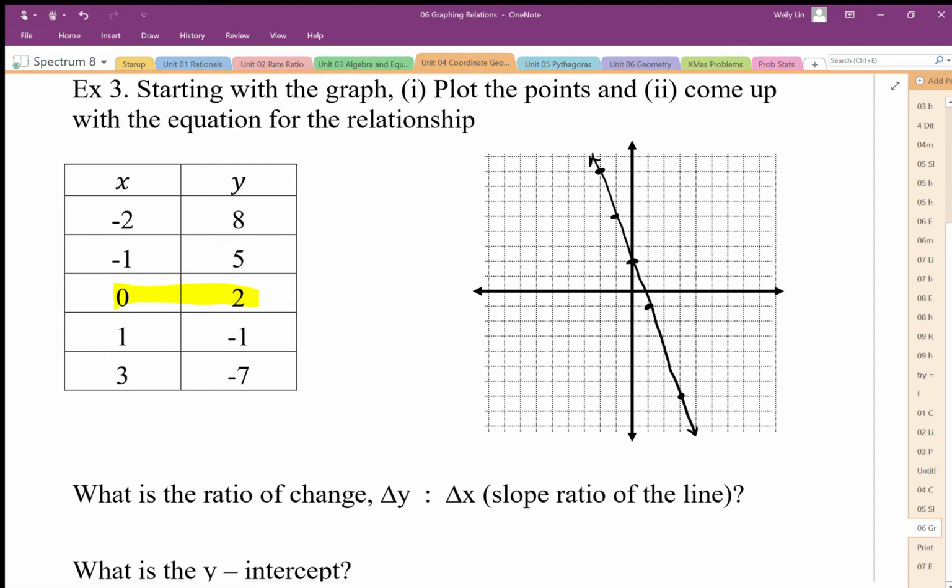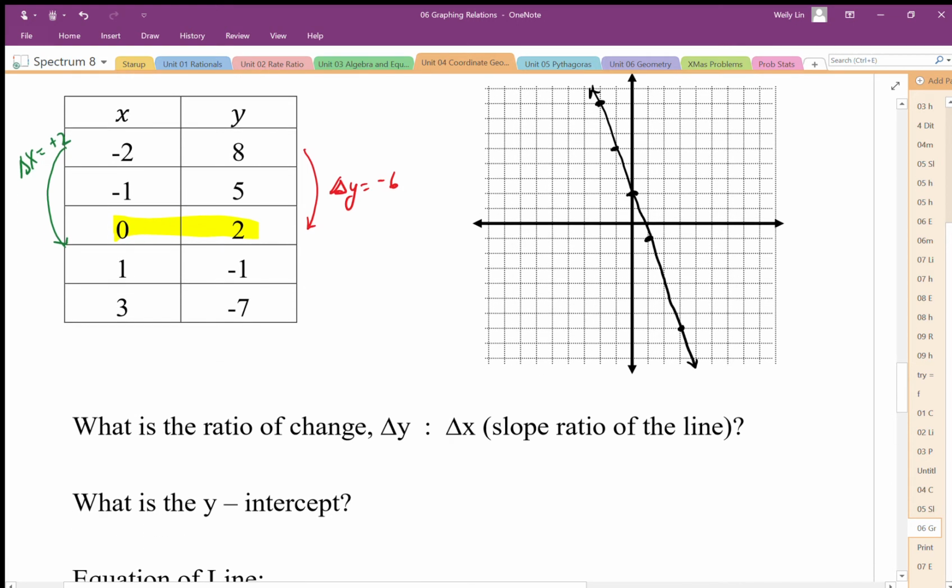Okay, well, what's the ratio of change? Well, the ratio of change must relate to my slope. So for the ratio of change, let's go from 8 to 2. From 8 to 2, I went down 6. So my ratio of change is equal to -6. From -2 to 0, my change in x is equal to +2. So it's going down 6 plus 2, so my ratio of change, I'm going to show it like this,